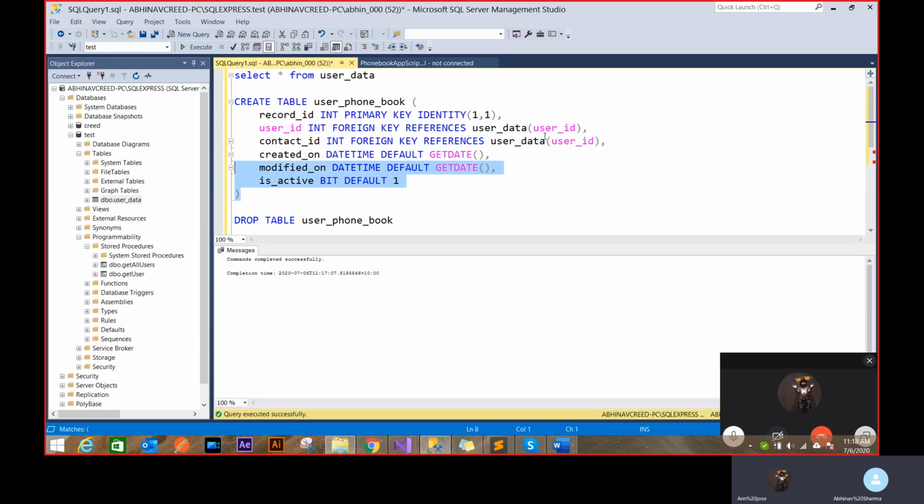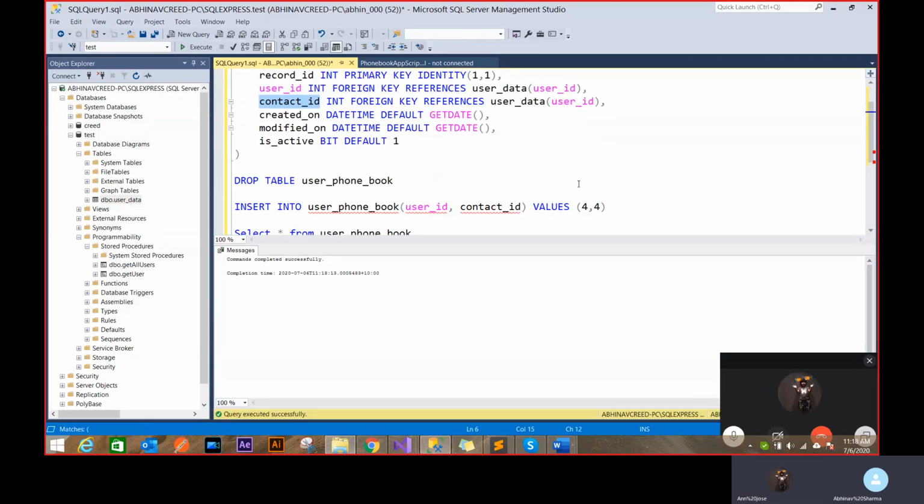Right. Now, if I create this table, you'll see the two foreign keys, that is correct, that is fine. I'm just writing a constraint that this ID and this column can't have any record which is not in the user data table. The contact ID is also a user ID. So now if I do this insertion, it should show me an error.